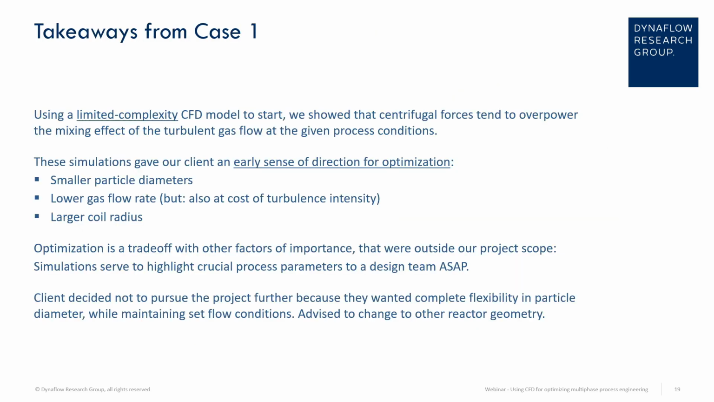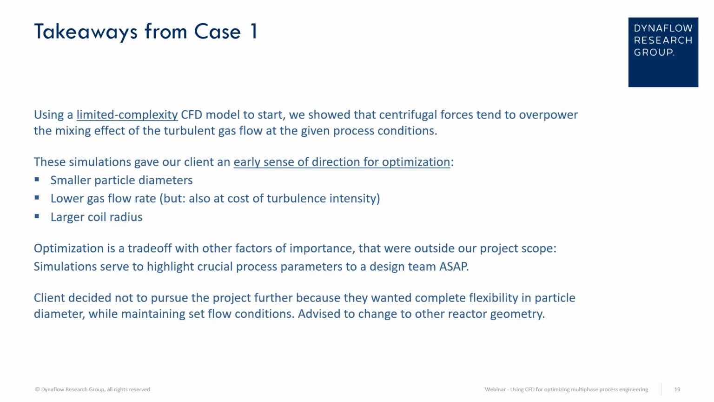Using a limited complexity CFD model to start, we showed that centrifugal forces tend to overpower the mixing effect of the turbulent gas flow at the given process conditions. These simulations gave our client an early sense of direction for optimization, which was: aim for smaller particle diameters, or aim for a lower gas flow rate, even though lowering the gas flow rate, so lowering the mean velocity, reduces the effect of centrifugal forces but also reduces the turbulence intensity,